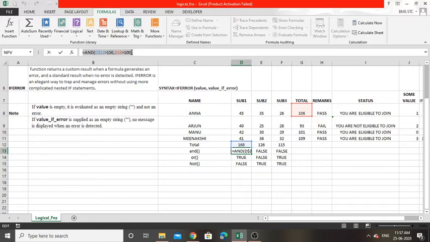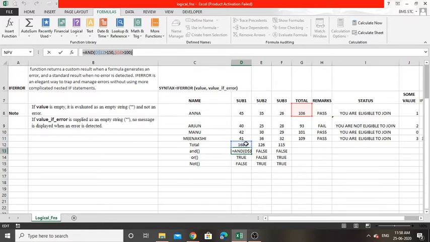Please note that you should not try to put AND in between these conditions, like D12 greater than 50 AND G8 greater than 100. It will generate a syntax error. So the syntax is equals AND, bracket open, condition 1, comma, condition 2, comma, condition 3, comma, etc. Here I am comparing these two total cells.